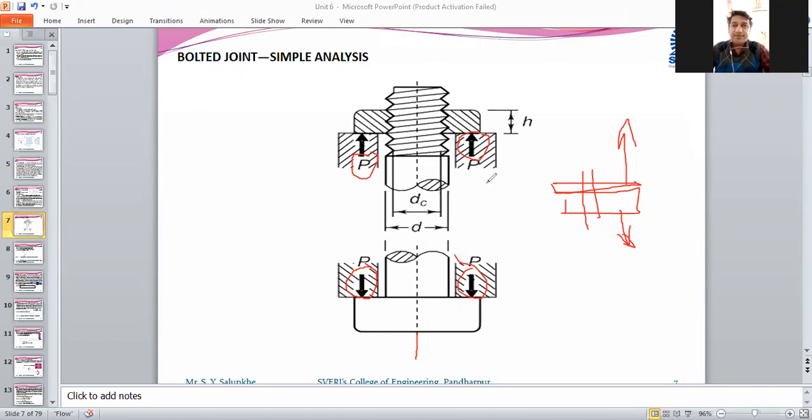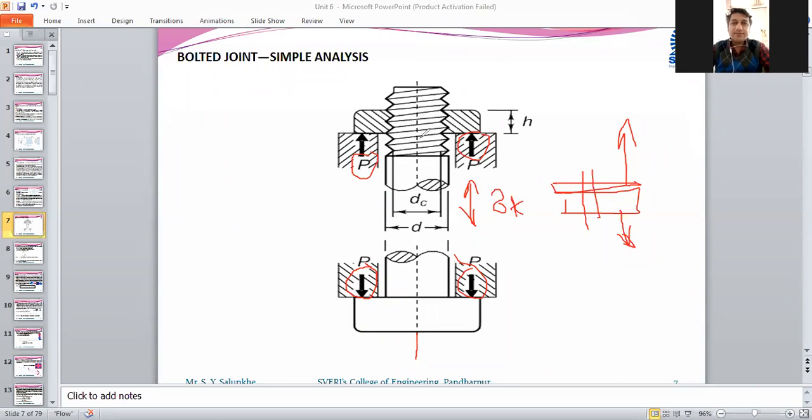In that case, we are going to calculate how the stresses are induced and how we can calculate the dimensions of this nut and bolt. Once you are able to calculate one of the dimensions, then by using empirical relationships, you can find out the other dimensions of that bolt or threads. Here we are going to consider that this externally applied force is applied parallel to the axis of the bolt, and by means of this we are going to do the analysis. Then definitely, when the force is applied in this direction, tensile force or tensile stress will be generated, which you are going to denote by sigma T in the bolt.